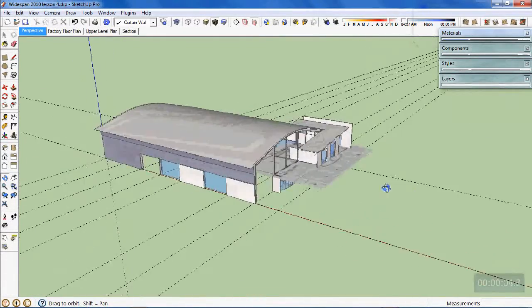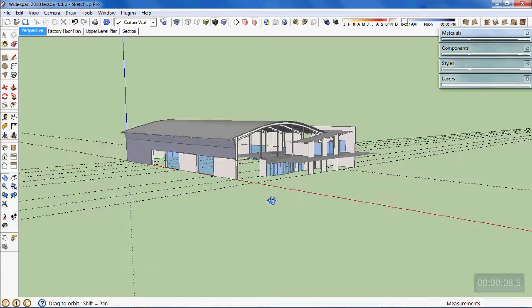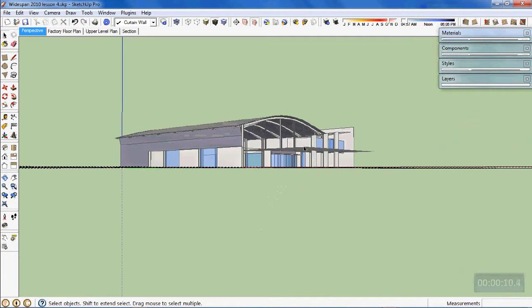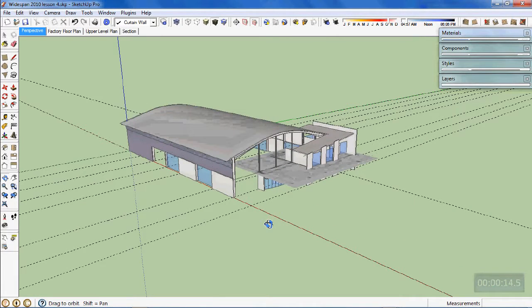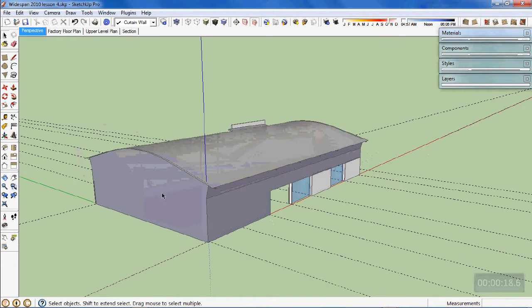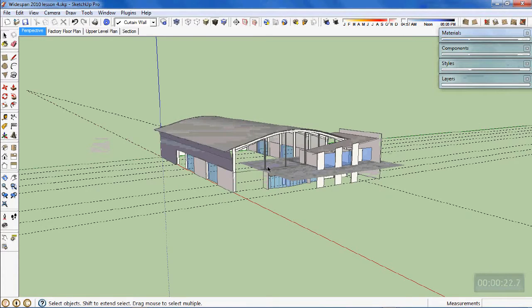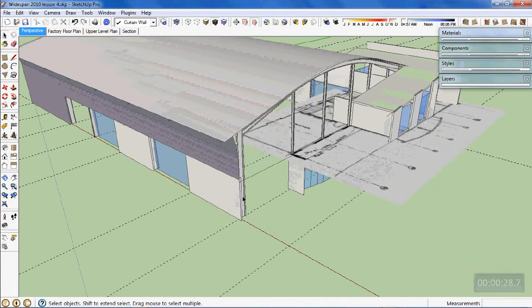Okay, so I've managed to sort myself out now. I've got my layout lines, my grid lines set back down 3300 below where they were, so they're now back down onto factory floor level. While I've got them at that level, what we're endeavouring to do is take a copy of this back wall here and place that where it should be on the front of the building. To do that, as we've spoken about before, the front wall of the building will be 280